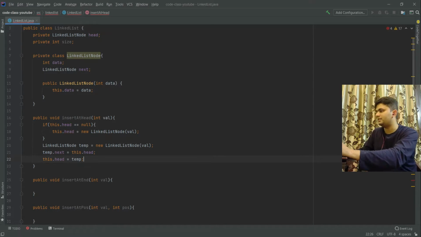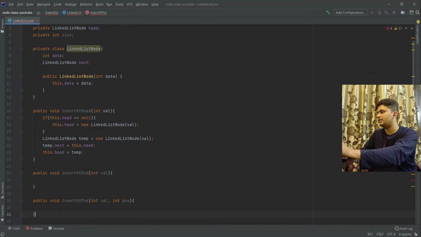This is insert at the head. This is all the code we required to do insertion at the head.